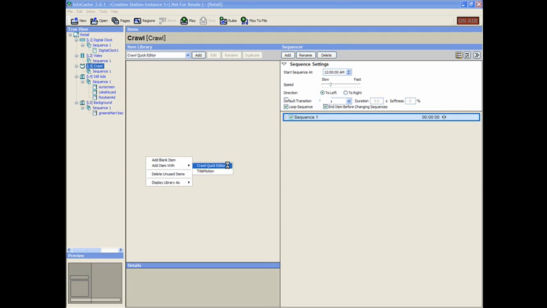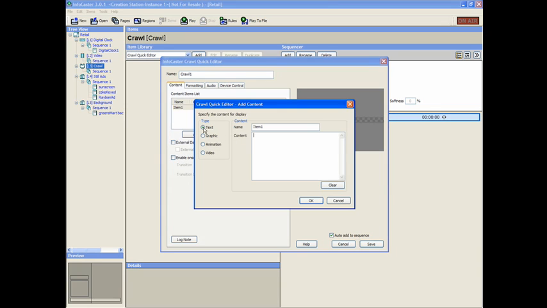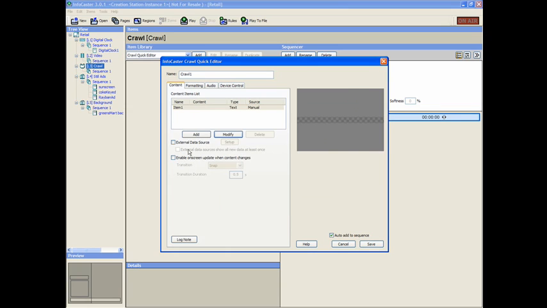Now with the crawl editor you can add different kinds of pieces of content into the crawl and multiple types of crawls. So I can either put something in manually by just taking that and typing something in. If you notice here I can also add graphics, animations, and even video clips into that region, which is a crawl. What I'm going to do though is I'm going to tie this to an external source,